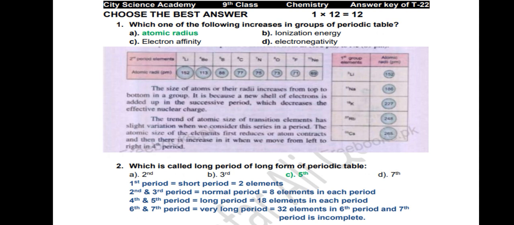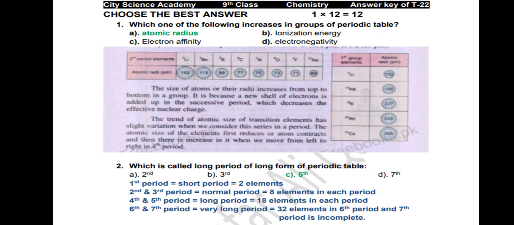First MCQ: which one of the following increases in groups of the periodic table? Atomic radius, ionization energy, electron affinity, electronegativity. We know that when we go from top to bottom in a group, the number of shells increases and the shielding effect increases. Due to the greater shielding effect and the increase in the number of shells, the atomic radius of elements increases. All other factors like ionization energy, electron affinity and electronegativity decrease, but atomic radius increases, so option A